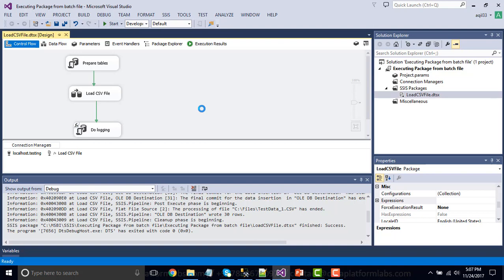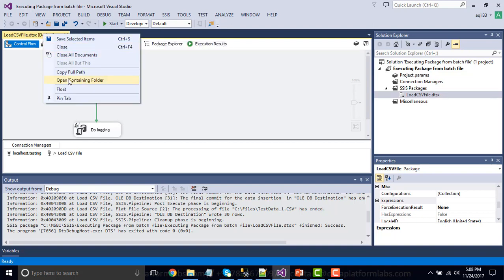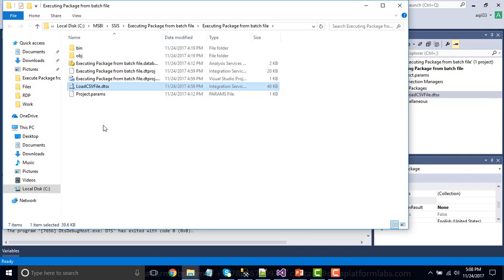Okay, so let me create a batch file and execute this particular SSIS package from the batch file. Right click on this particular SSIS package and click open containing folder, because I want to create the batch file at this particular location as well. So if you are going to hand over this particular SSIS package to someone, you can place this SSIS package .dtsx file and the batch file to a third person, just 2 files, and that will be enough.